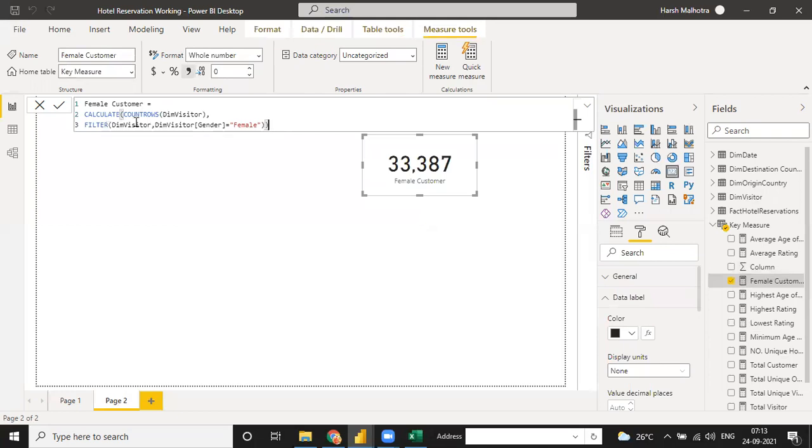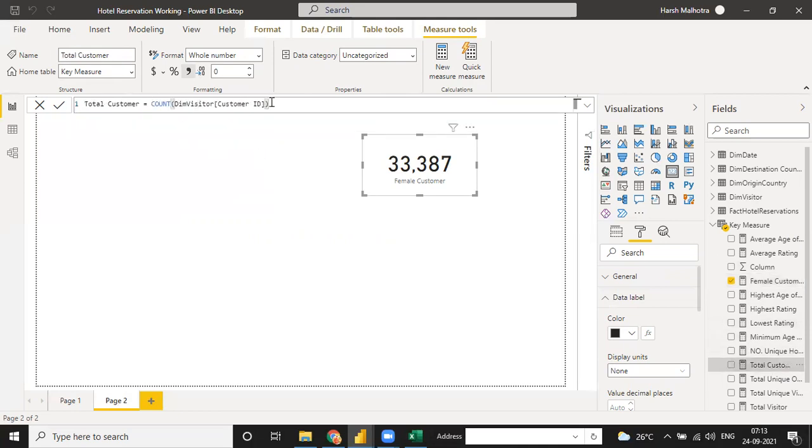See, so how do we analyze or read this function? See, calculate. We have to calculate a female customer. Calculate count rows. See, till here, we have the total number of customers. When you do the total customer from the function, see total customer or total visitor. When you check the total visitor, see the function right now in my file is also a dim.